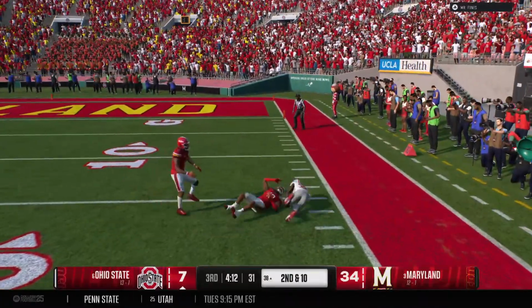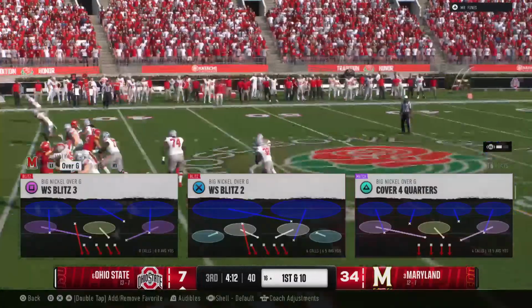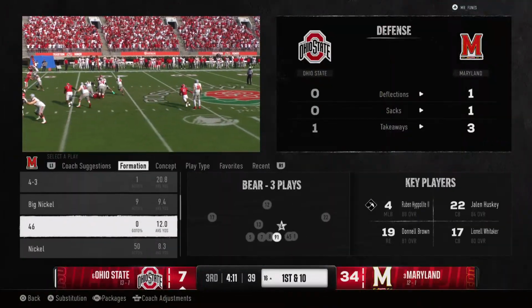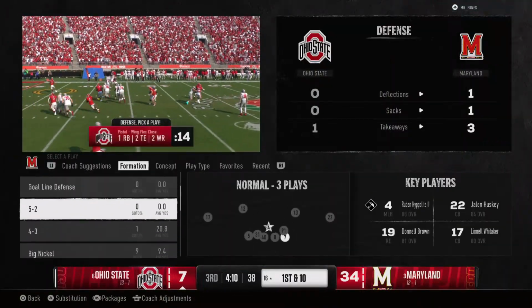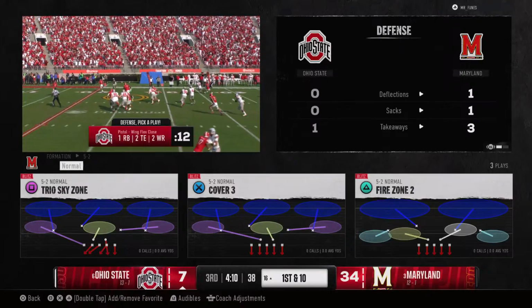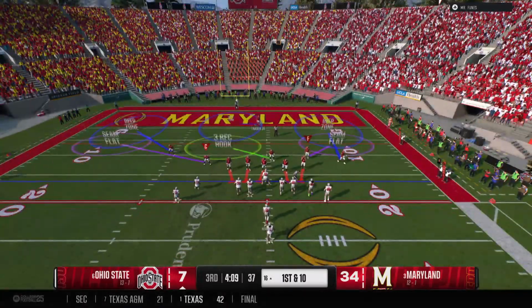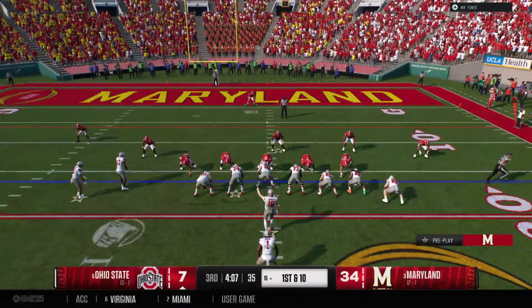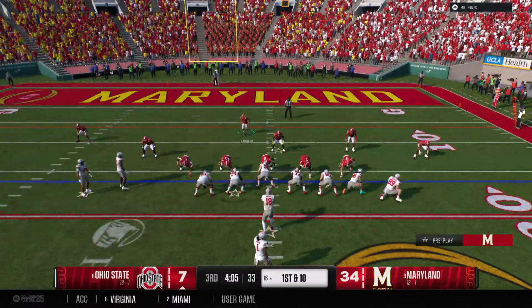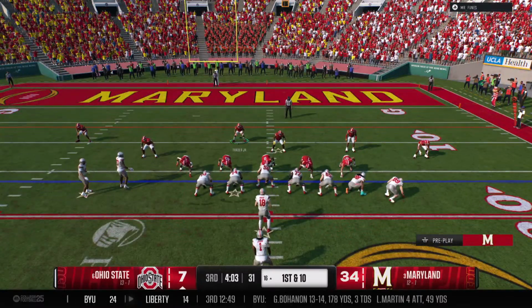Finding some room at the 25. Tackle made after a big gain. How about setting the edge there on the right side of that offensive line? I wouldn't be surprised if they keep going back to the well, pounding it behind that right guard and right tackle and tight end, seeing what additional damage they can do.